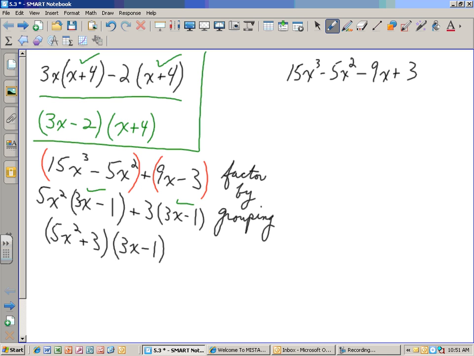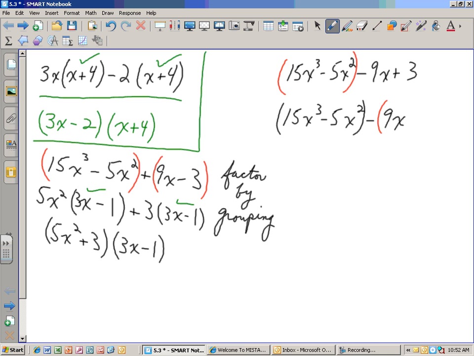I wrote the same problem up here, okay, over to the right, but I changed the signs. I made it 9x plus 3. Okay, so this is going to be a little bit different. You have to watch out, especially if you have a minus there. I can group. That's no problem. And I think I'm going to rewrite the problem down below here. And if I group these 2, there's no problem. But the second 2,